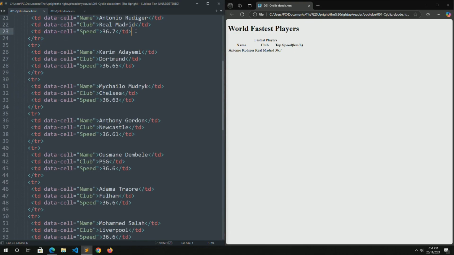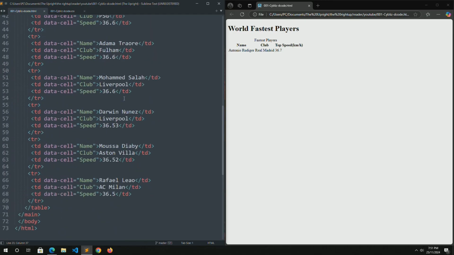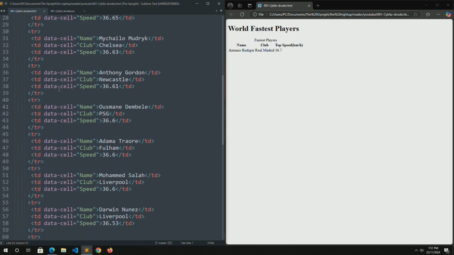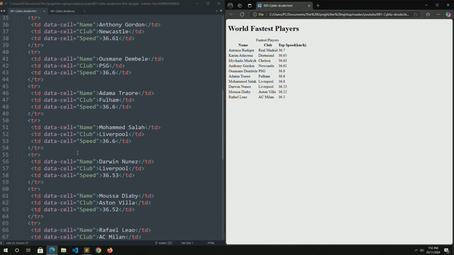Hello everyone and welcome back. So this is our table. We now have everything intact. This is our table, data cell, everything. So we then refresh, and this is our table. So now for us to make it responsive,